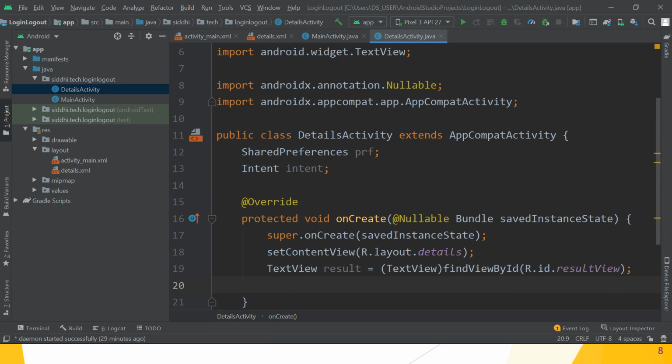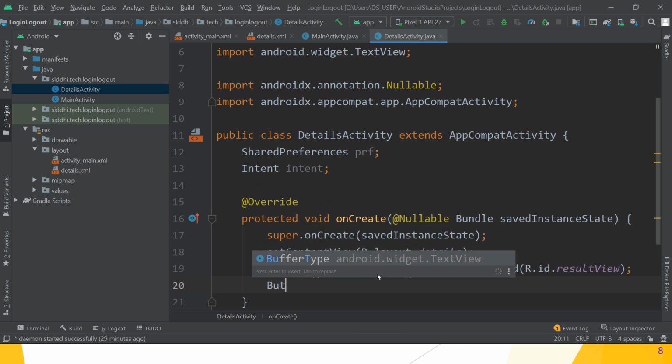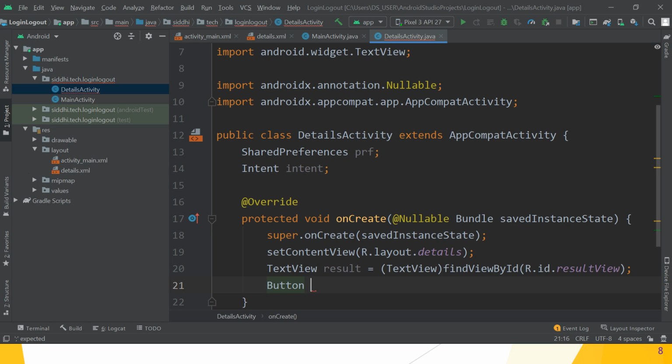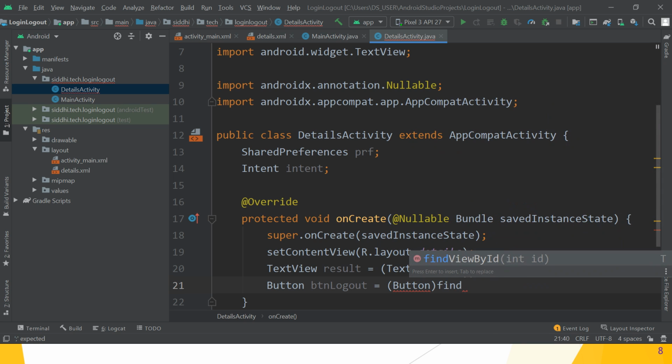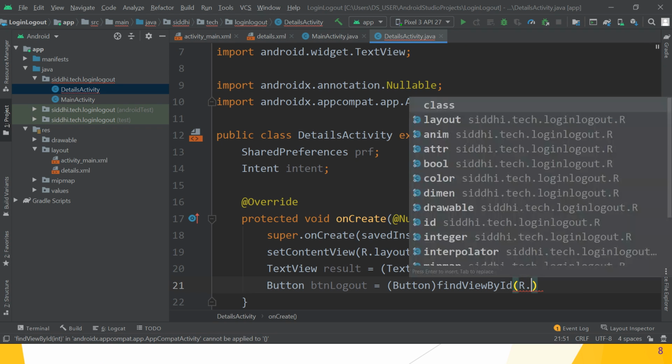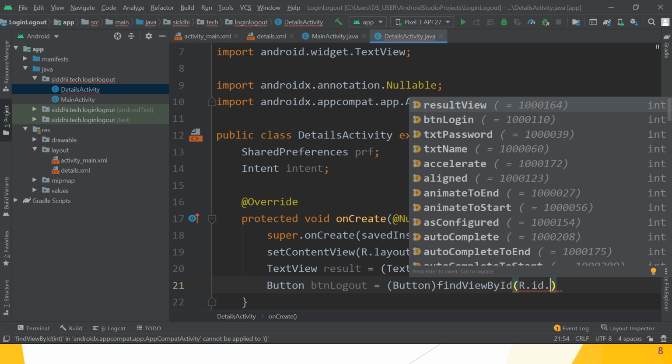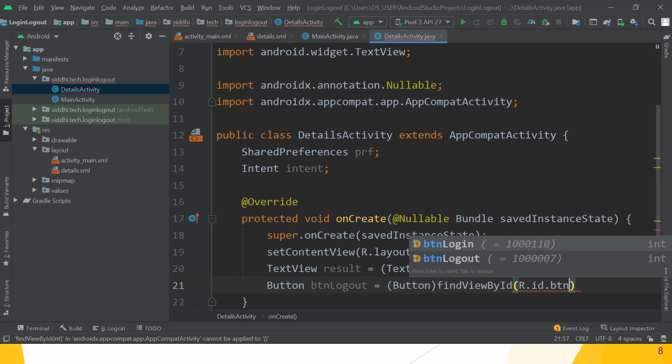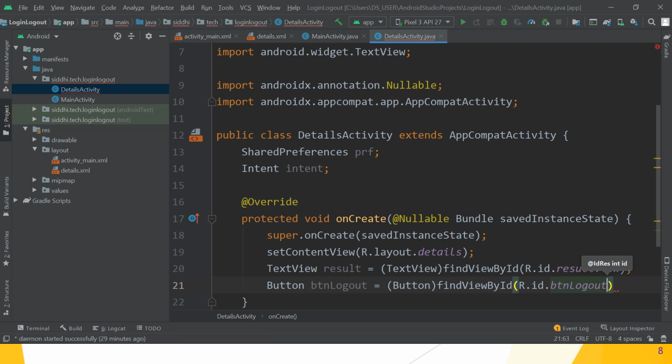Hope you understand. Then create the id for the button. Button logout is equal to, so button logout refers to the type button, with the findViewById method, pass the respective id, that is R dot id dot button logout, choose button logout.